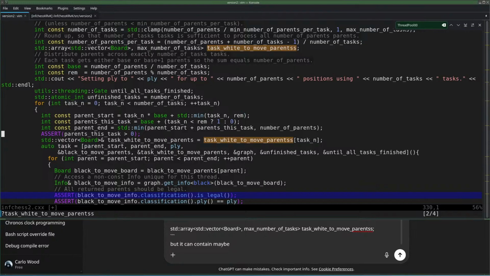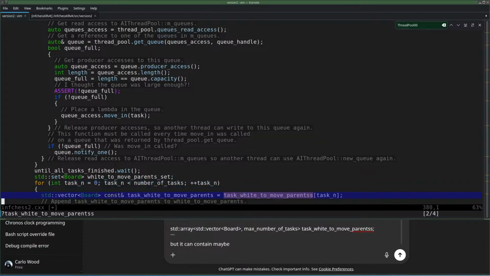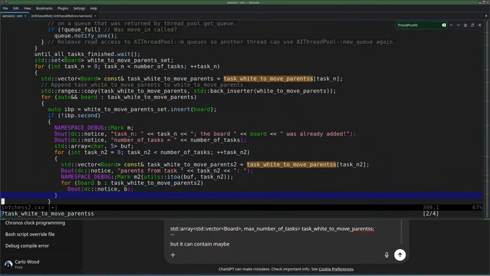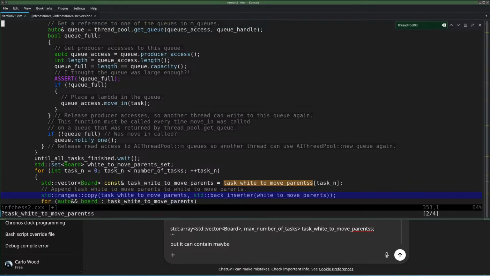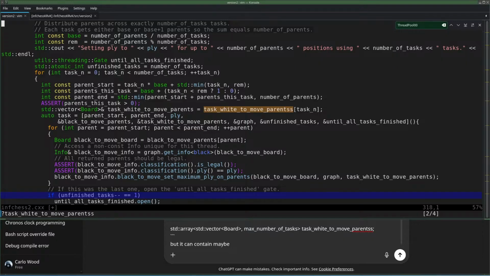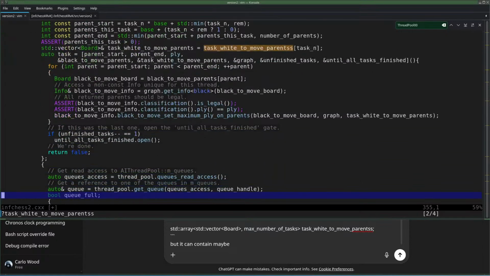Oh, here's the task. Scrolled over it. Yep, so that is being filled. Here, and this is the current board. And that current board comes from